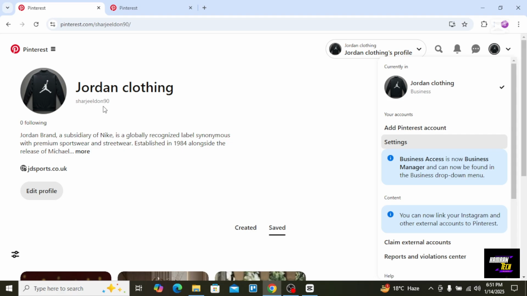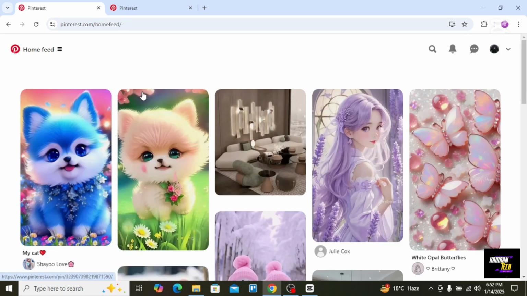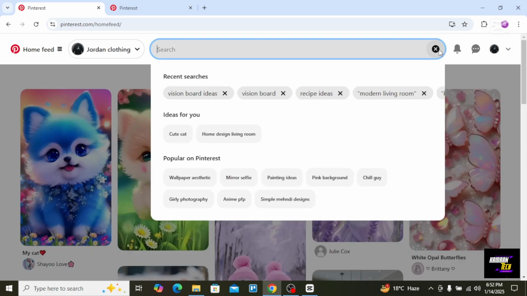to your website or landing page. Then you will research keywords, like, if I just tap on my home feed, you will research keywords using the Pinterest search bar, which is right over here. You will search for your popular and relevant keywords for your niche, and you will include these keywords in your pin descriptions, board titles, and profile, which is on here